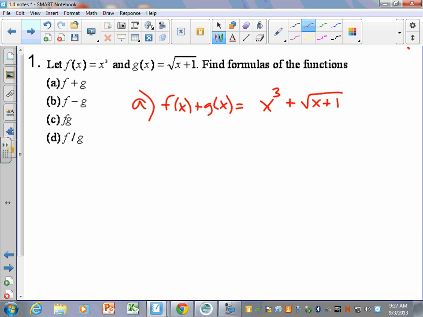But what I do want you to write is the domain. So let's go back and look at the domains of our original functions before we figure out what the domain of this new function is going to be. What is the domain of x cubed? All real numbers. It's a little S shape, right? It goes on. It's nothing weird happening. So the domain of this is all real